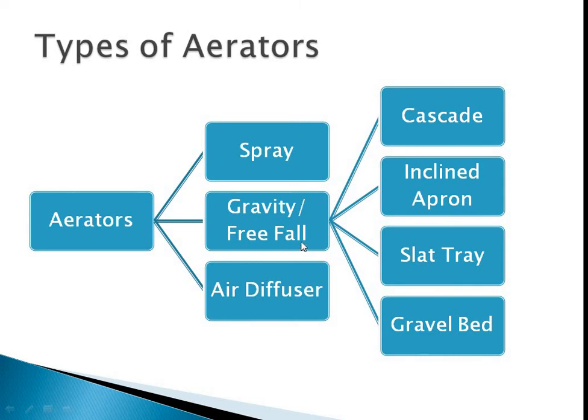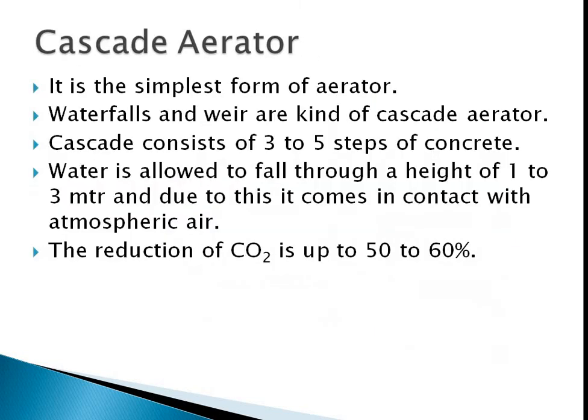Now the gravity aerator or the free fall aerator is further classified into four types, that is cascade aerator, inclined apron aerator, slat tray aerator and gravel bed aerator. Okay, so one by one we will first see the types of gravity aerator and later we will see the non-gravity aerator. So this is one of the most important types of aerator, that is the cascade aerator, and it